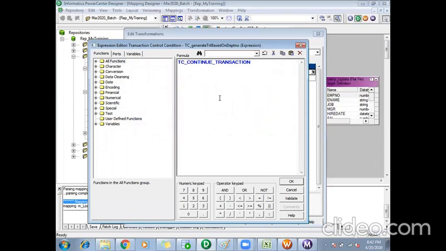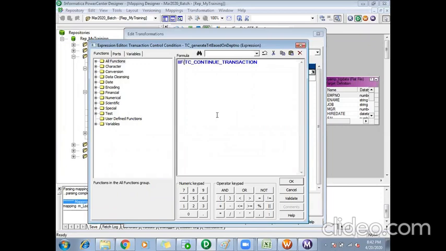In transaction control, we call records transactions. So TC continue transaction means it will just continue the transactions and pass through the transaction control. Normally we use these transaction control keywords on top of functions like IF.